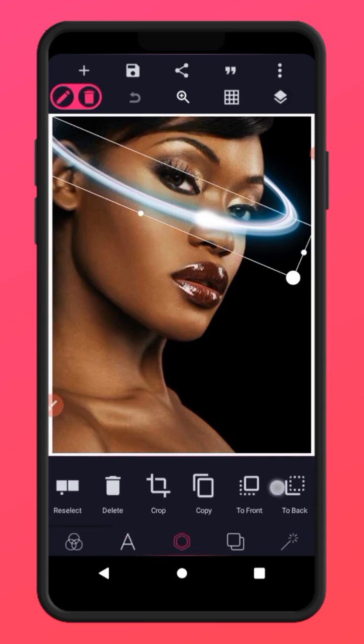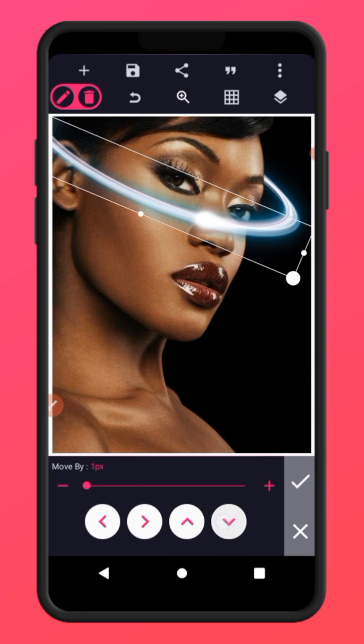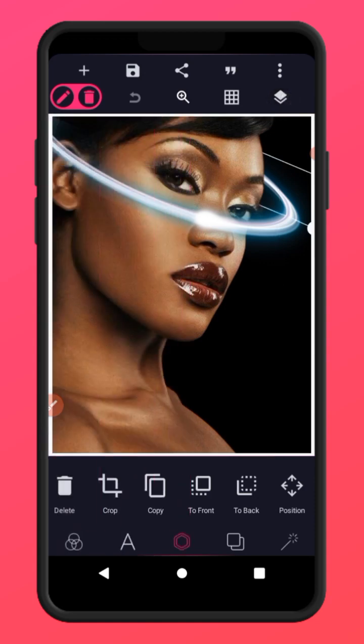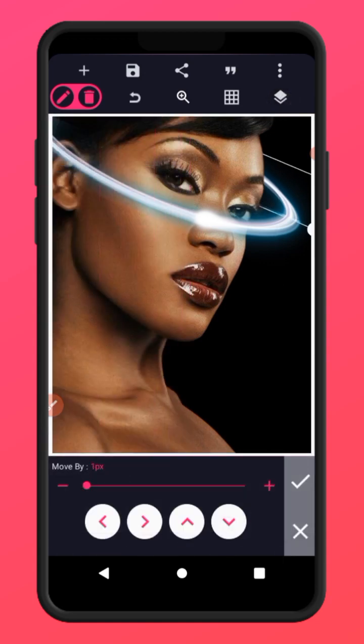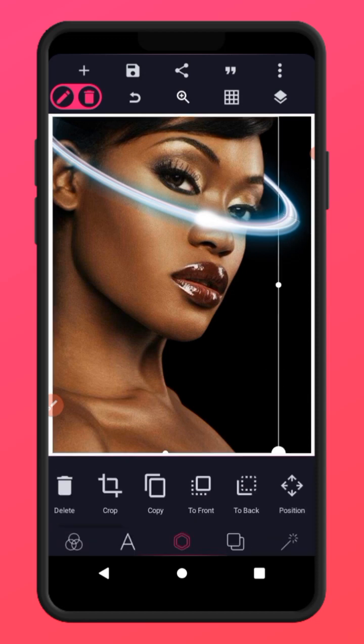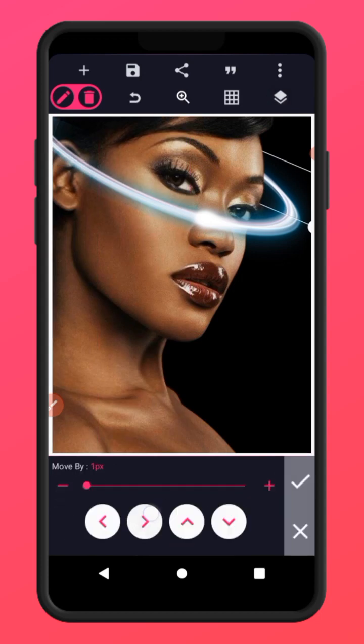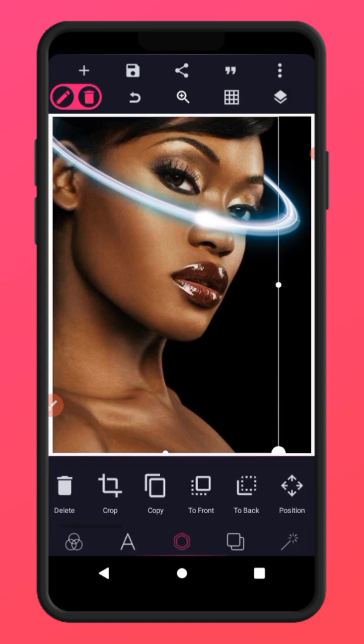Let's do a bit of an adjustment. Just a little bit of an adjustment. Let me see. Yeah, that one at the back. That's what we want to adjust. Okay. Now that we have this,